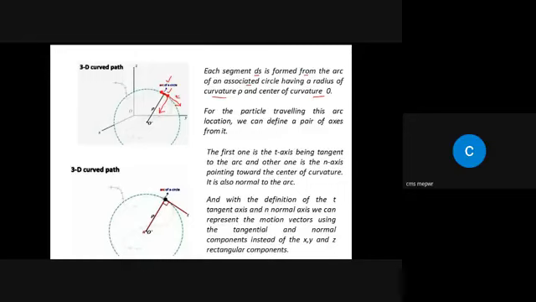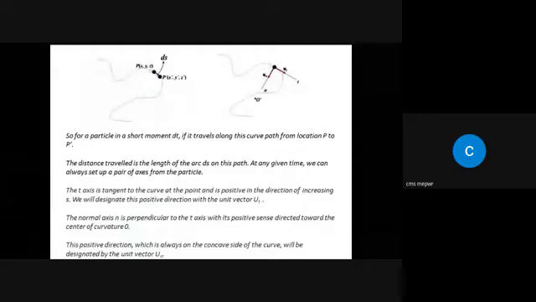So this new coordinate system, which has two components, n and t, is known as the n-t coordinate system. Okay. So for a particle, in a short moment, if it travels along this curved path from location P to P dash, the distance traveled is basically the length of the arc, which is ds on this path, as I have already discussed. Okay, the t-axis, this one, is tangent to the curve at a point and is positive,